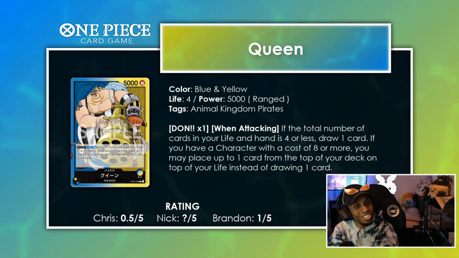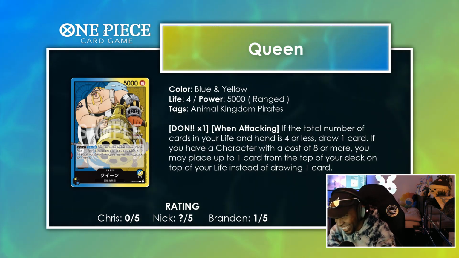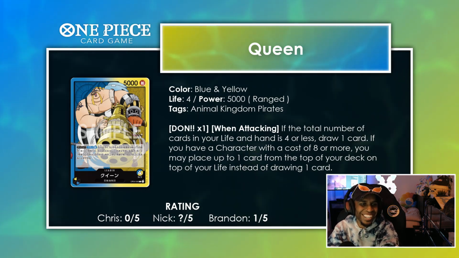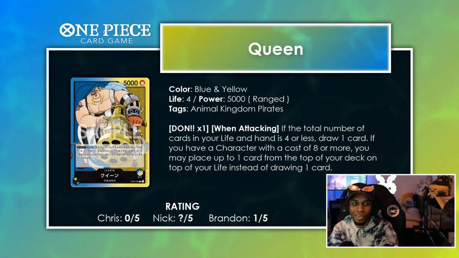I'll go with the first 0. The first 0 out of 5 that we have given. I didn't know that was an option. I'm saving my 0 for one of the upcoming characters that we'll get. Oh, wait a minute. There is a bunch. Actually, no. I don't think she's worse than this. So I'm going to save my 0 for...